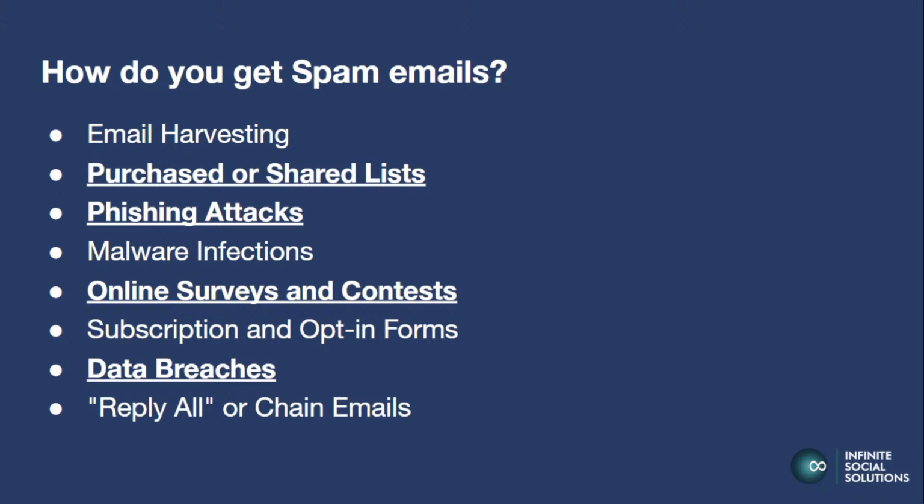So, second bullet point, purchase a shared list. Once the emails are harvested, whoever has the emails can decide to sell them to someone, a company, an advertiser, or hackers, or they can also share them, or trade, which is more common now. They can trade it with someone else's list. Like you could have a list of 300 email addresses, and someone has a list of 200 million email addresses, and those are all unique. So they can trade back and forth and exponentially increase the number of emails they have just by trading.